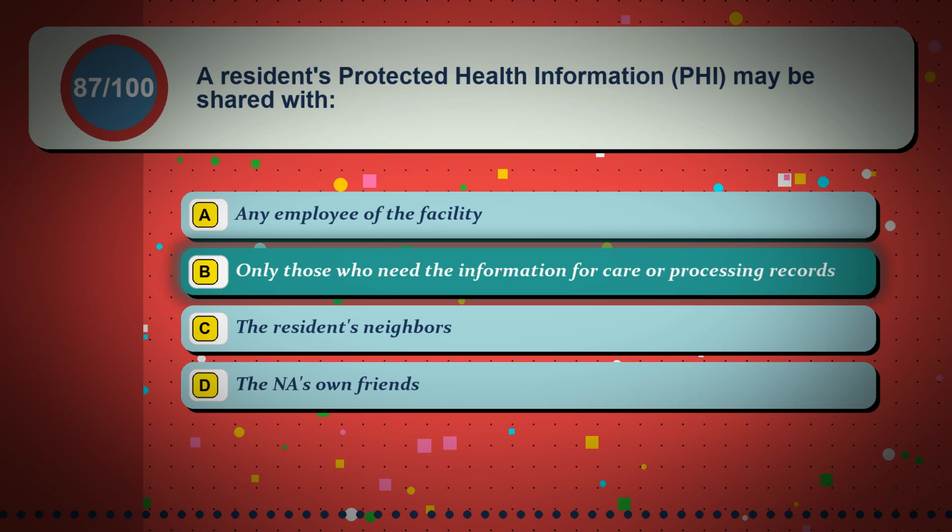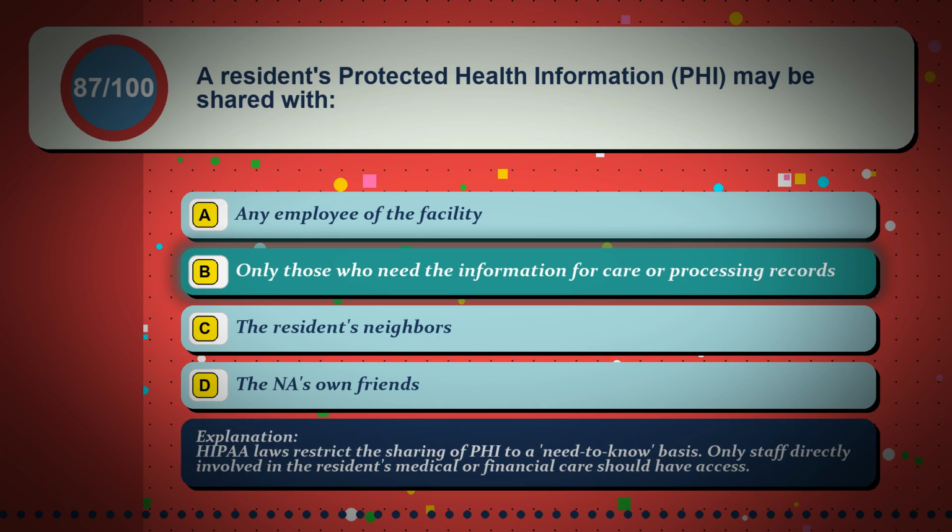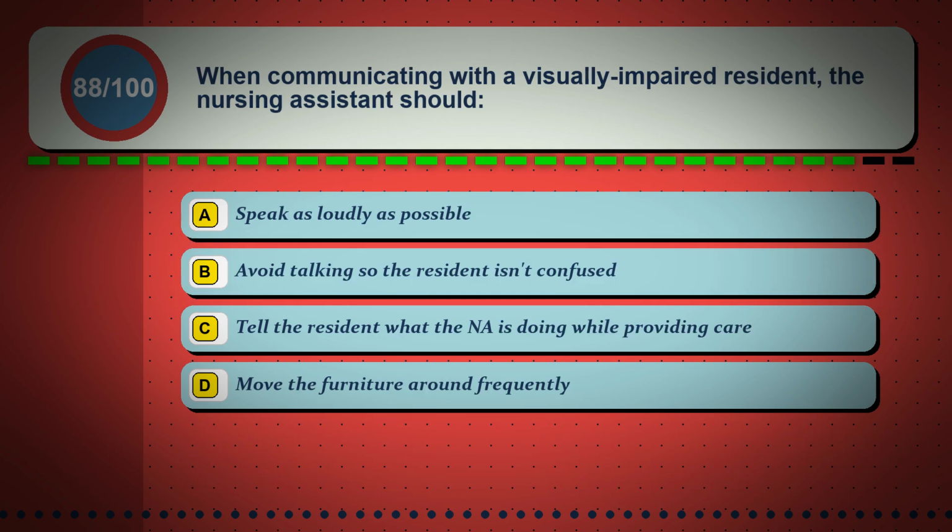The correct answer is option B. Only those who need the information for care or processing records. HIPAA laws restrict the sharing of PHI to a need-to-know basis. Only staff directly involved in the resident's medical or financial care should have access. Question 88. When communicating with a visually impaired resident, the nursing assistant should